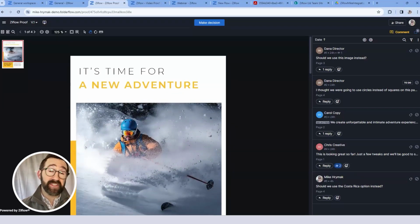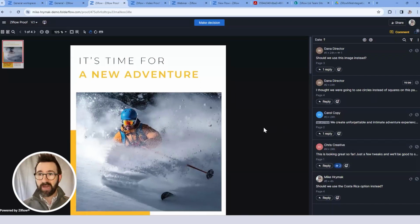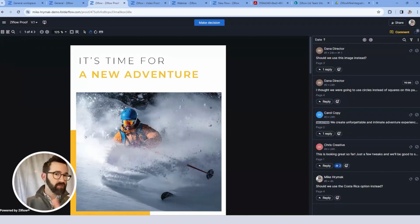I've literally lost the PDF proof in the middle of this void multiple times. So I'm so glad we've introduced these boundaries to prevent me from being a danger to myself and others. That's scrolling and zooming. One thing I would be remiss to not mention is the commenting interface itself received quite